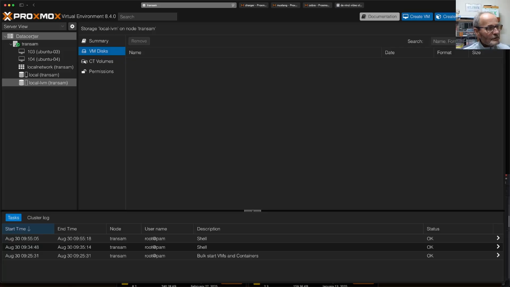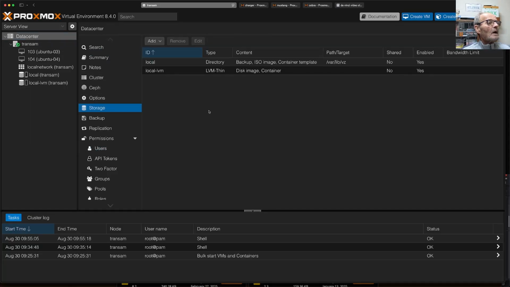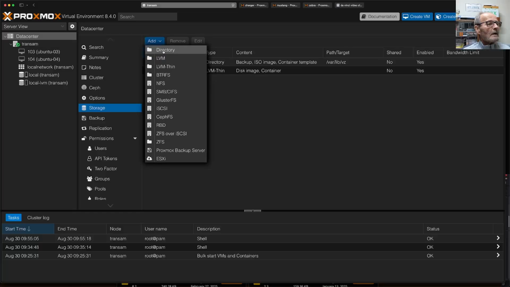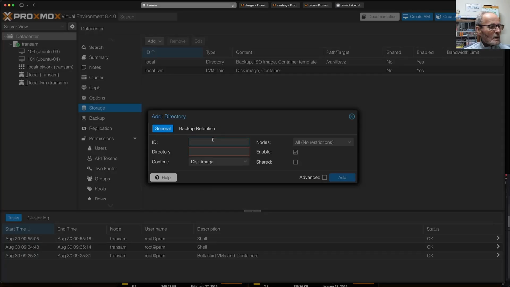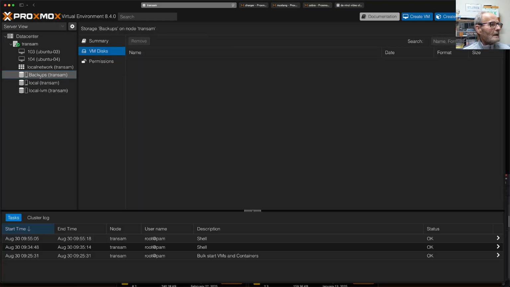So we're going to go to data center, we're going to go to storage, and we're going to add a directory storage, which we will call backups. It doesn't actually matter that the name is the same or not. And we're going to specify /a again. So we're going to say add /a as a directory entry. And that's now appeared here. And if we go there and click under,